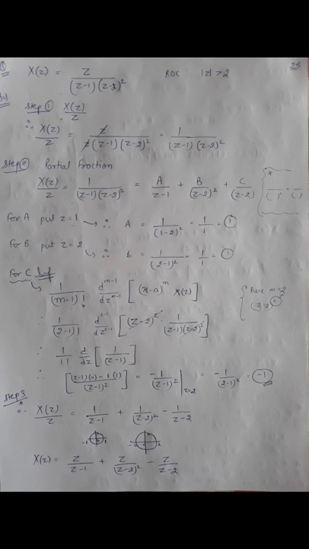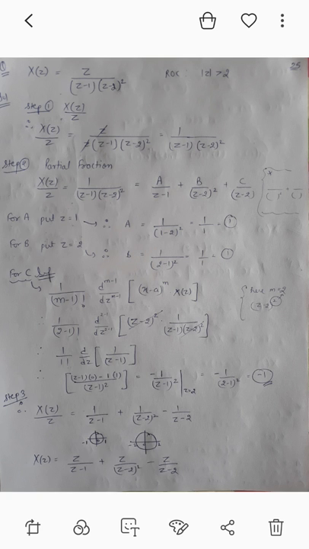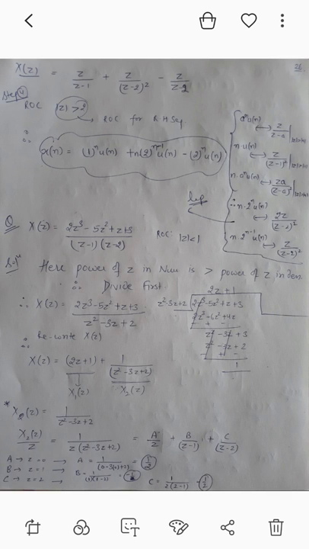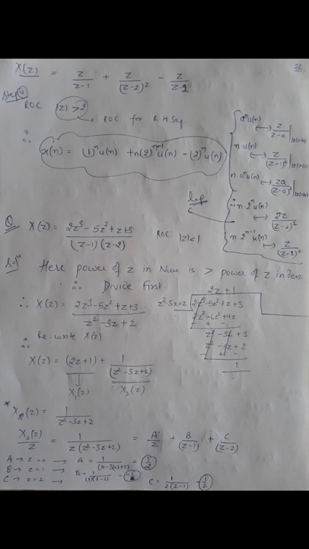Now X(z) is equal to, take that z on the right hand side: z upon (z minus 1), z upon (z minus 2) whole square, minus z minus 2, z upon (z minus 2). Now the fourth step: on the basis of ROC we will find out the inverse z transform. Here ROC is mod of z greater than 2, that is a right handed side sequence.